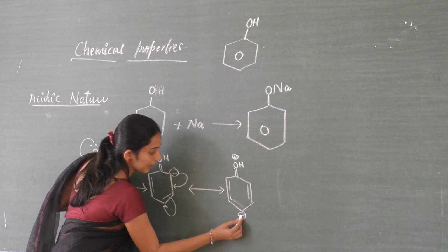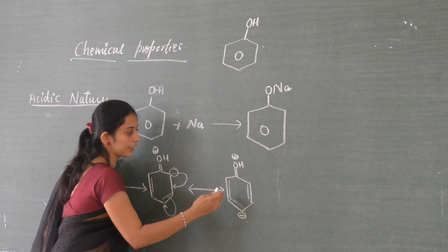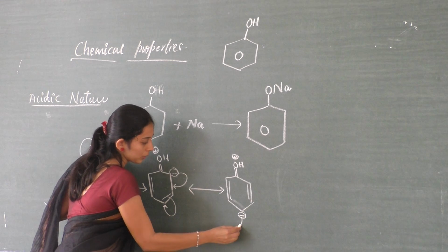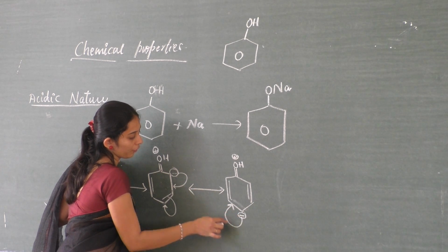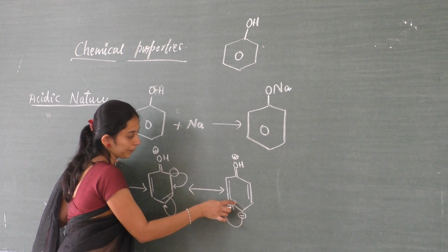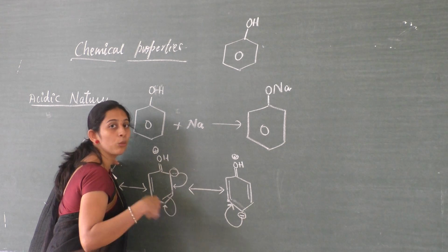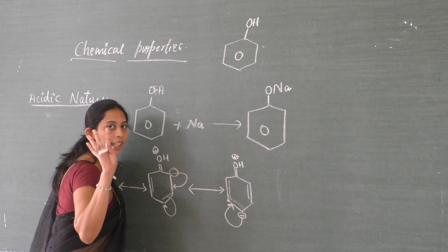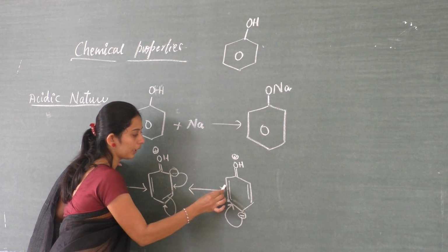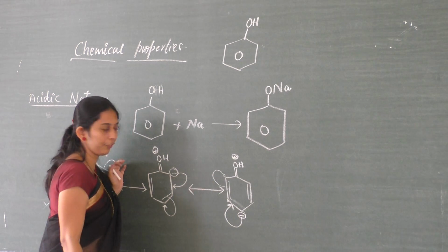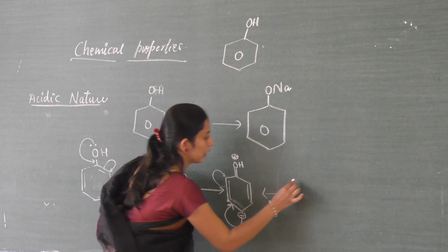Next, what happens? Here the negative charge is there, and you have to finish one round. That is what resonance, or we say delocalization, is. Here the bond shifted to the next position. At that time, if you shift this one to this position, the double bond comes here. If you keep it as it is, what happens to this carbon? This carbon will have a valency more than 4. We know that carbon always has a valency of 4. It becomes more than 4. Therefore, what do you have to do? You have to shift this double bond to the next position. So we have shifted here. At that time, we get another structure. These are all what we call canonical structures.